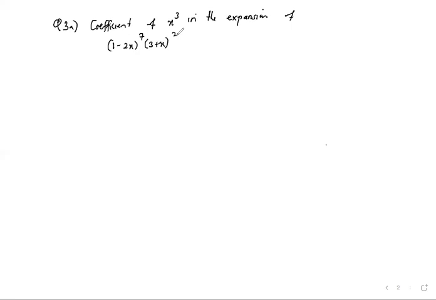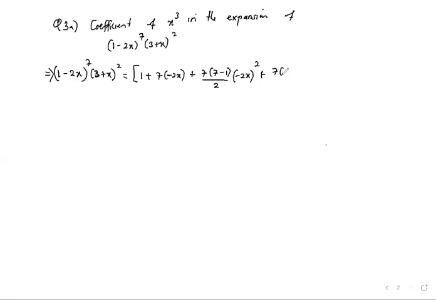So what we do is we'll expand those two up to x power 3. So the first one, we have (1 minus 2x) power 7, and then (3 plus x) power 2. So from the first one, we'll have 1 plus 7 times minus 2, plus 7 times (7 minus 1) over 2 times (minus 2x) squared,